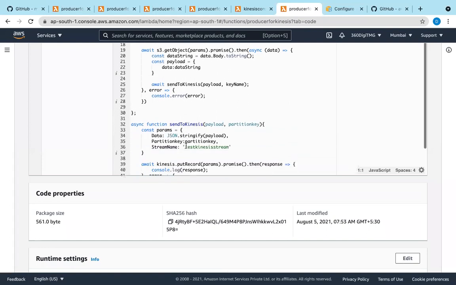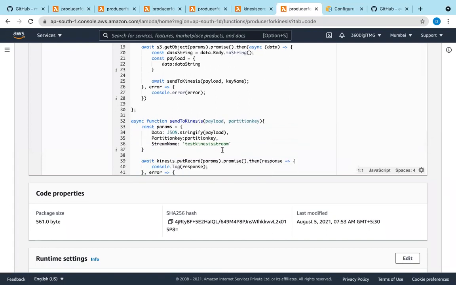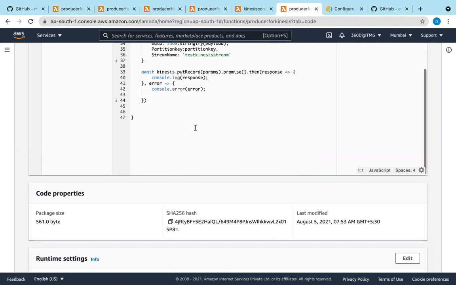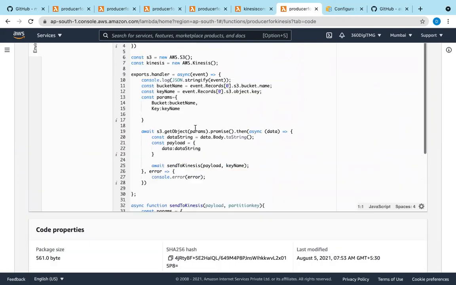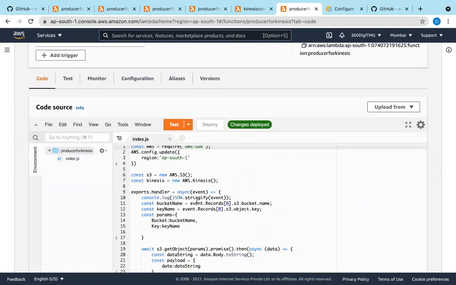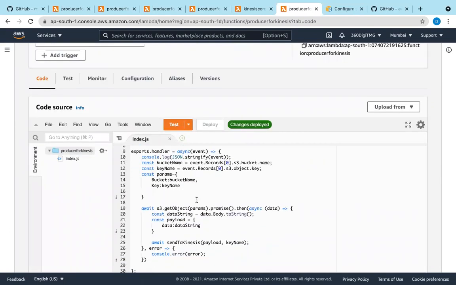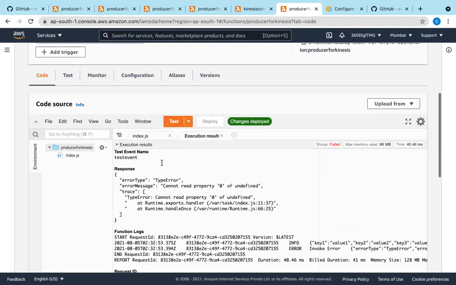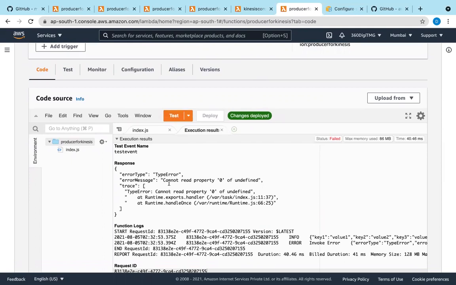Yeah, here test Kinesis tree. Here we're getting some runtime errors. So here it's not showing any error, but we are getting some runtime errors. Let's say this response error type. So runtime exports handler.